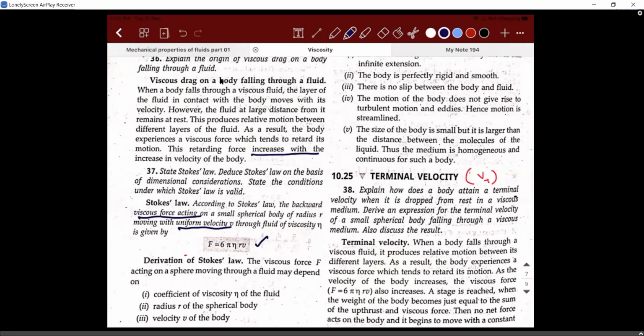That's why they said uniform velocity. When you do that experiment, terminal velocity is there, right? The terminal velocity is the uniform velocity attained by the object. When I show you the derivation of that, you will be able to understand. Maybe the air drag will be slightly different compared to the liquid.